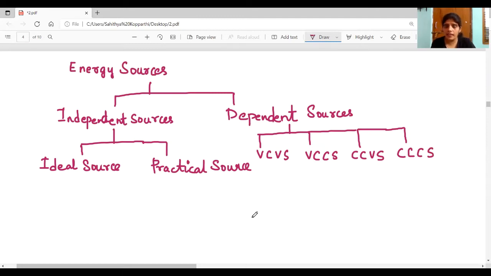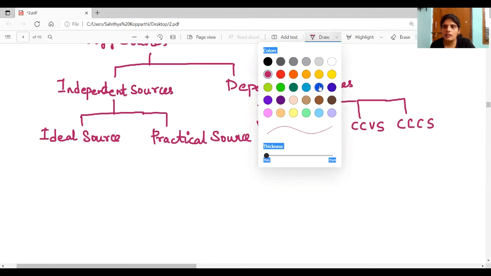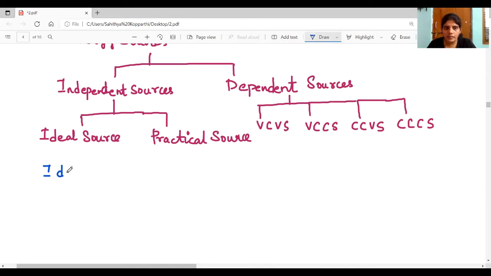Now, in this lecture, we'll discuss the ideal voltage source and the practical voltage source. Ideal voltage source. So, an ideal voltage source gives constant voltage across its terminals, irrespective of the current flowing through the terminals. Okay, and an ideal voltage source will have zero resistance. So, it is defined as